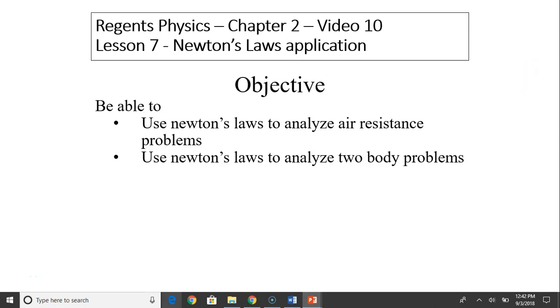This is Regents Physics, Chapter 2, Video 10. Today's topic is Newton's laws. The objective is to use Newton's laws to analyze